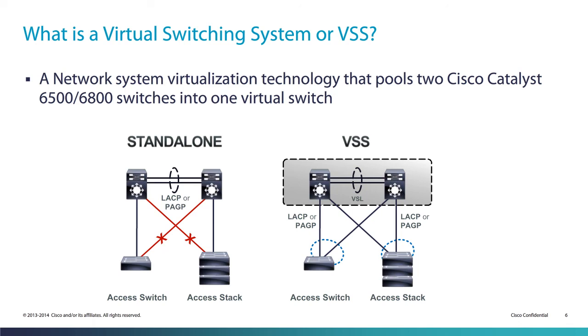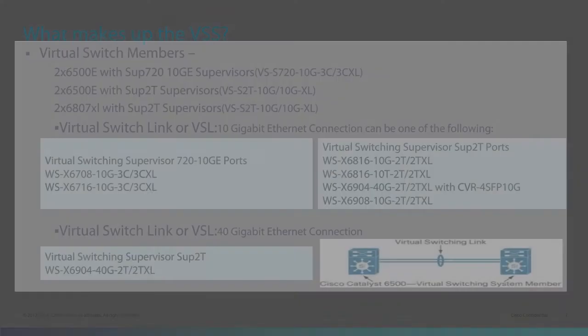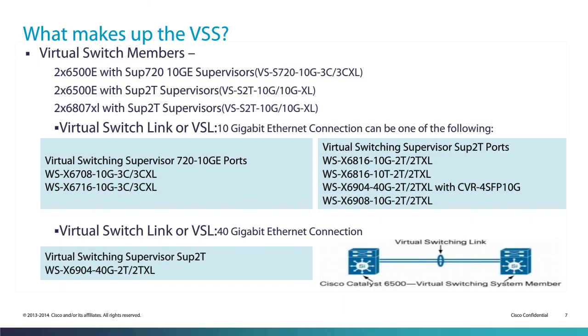Because the VSS is a single logical entity instead of two, this reduces the number of layer 3 peering relationships and therefore lowers the processing cycles associated with the routing protocols. Similarly, IP multicast routing is simplified because there is no longer a need for two separate routers to negotiate a designated IP multicast forwarder. The VSS is made up of the following: virtual switch members,